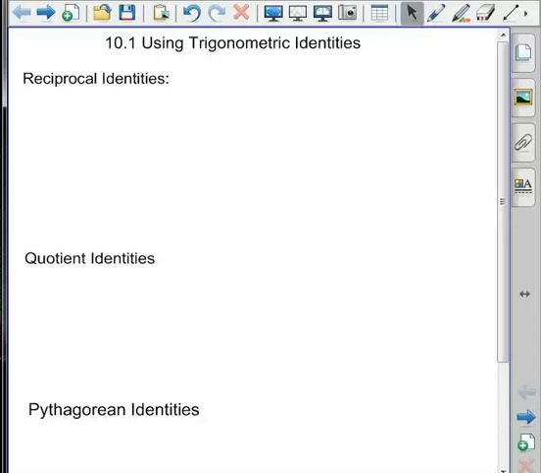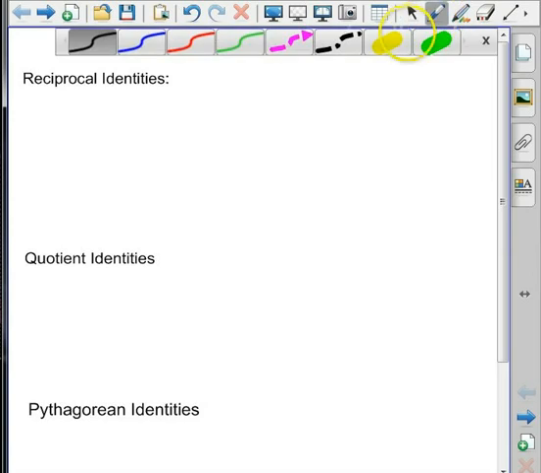Okay, in this screencast I'm going to talk about using trigonometric identities. And I love this topic because it's kind of like solving a puzzle. So before we talk about using trig identities, let's go over the main trig identities that you're going to be